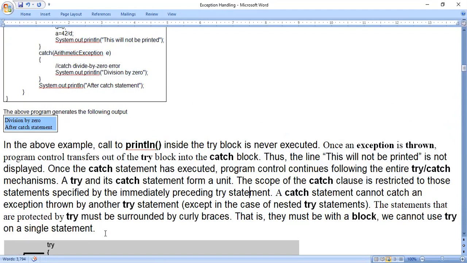I said I will explain them during nested try. You just look at this paragraph.